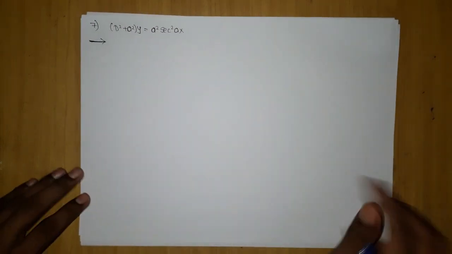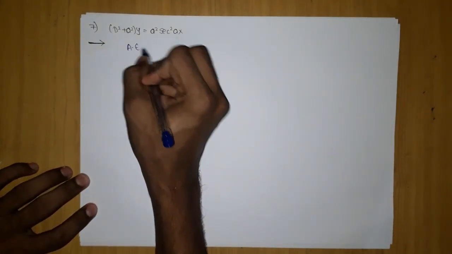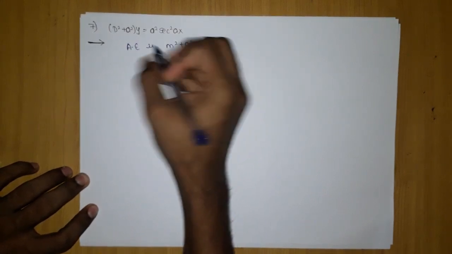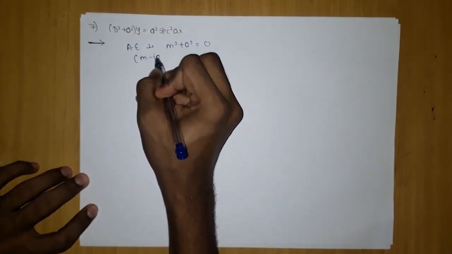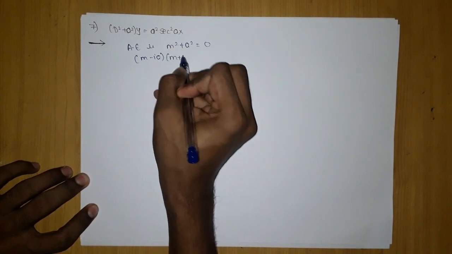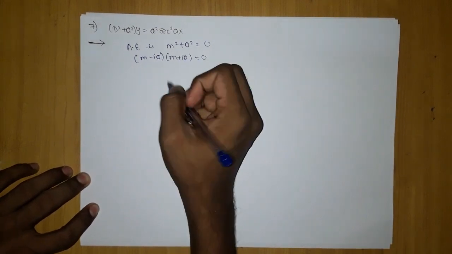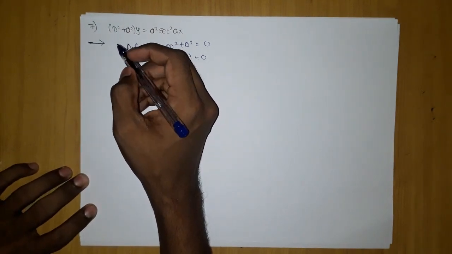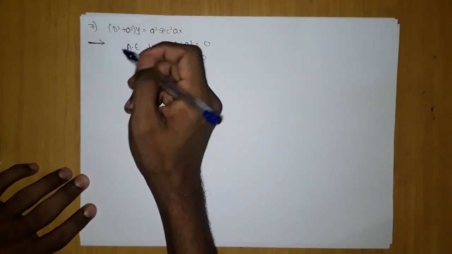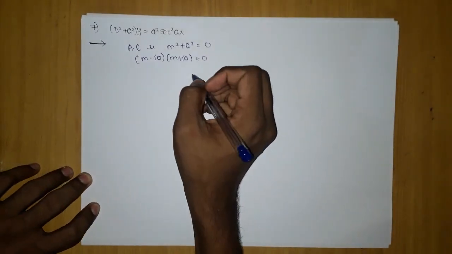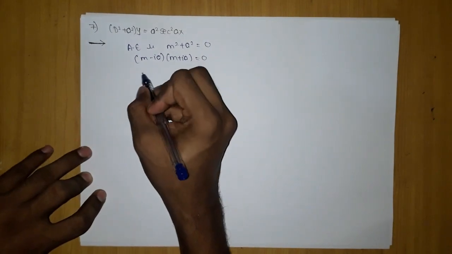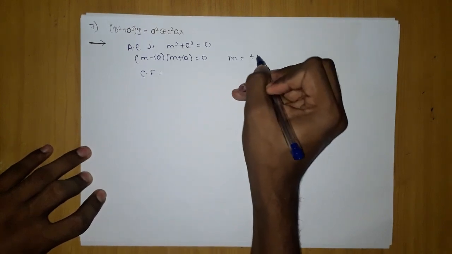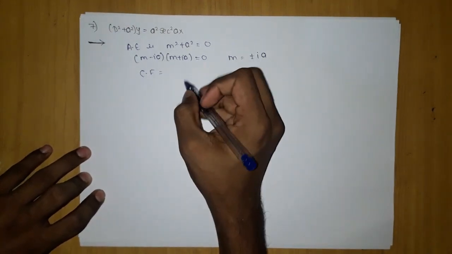If we try to solve this, our auxiliary equation is m square plus a square equals 0, giving me m minus ia, m plus ia equal to 0. All are second order derivatives, then only we will use this method. I revise the basic things because sometimes I think that you forget those basic things, which are very necessary. You have to keep all the things in your mind.